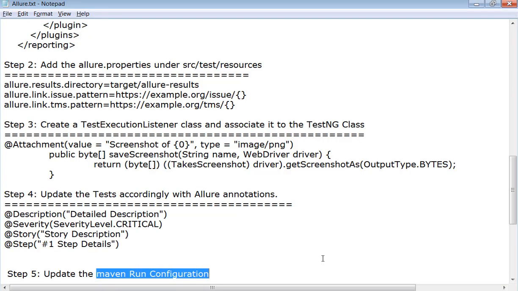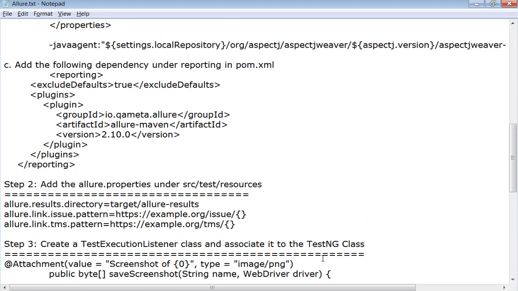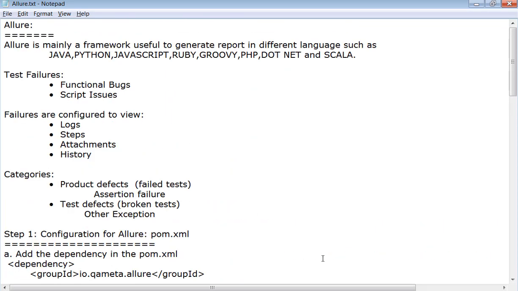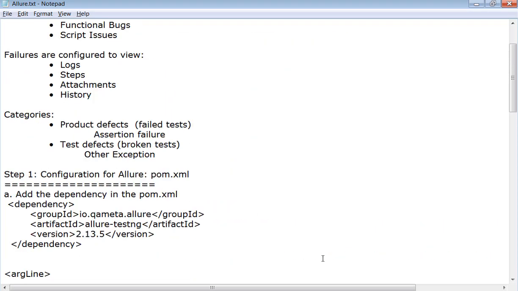Okay, so I hope this video will be very helpful for you to configure Allure in your project very easily, because there are different ways of setting up Allure, but this is the easiest way where we mainly depend on Eclipse and also the pom.xml file. And this process is the same for Mac as well. There is no change for Mac. There is no change for Windows, because on Mac or Windows we totally depend on Eclipse to execute the test cases. So either Mac or Windows, the configuration is the same.